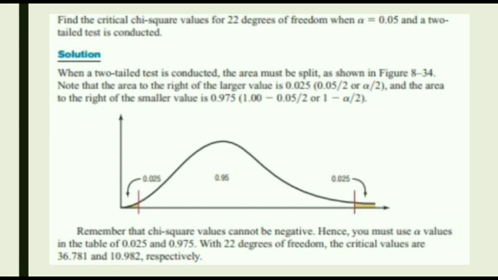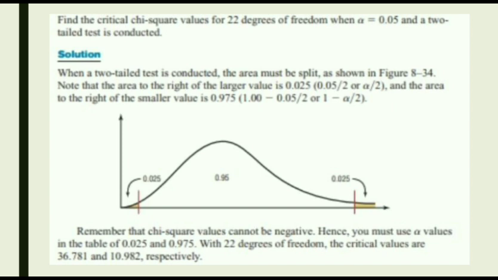So, muna siya ang when a two-tailed test is conducted, the area must be split as shown in figure. Muna siya. Note that the area to the right of the larger value is 0.025, 0.05 divided by 2 or alpha divided by 2. And the area to the right of the smaller value is 0.975, 1 minus 0.05 divided 2 or 1 minus alpha divided by 2. Muna siya ang came up niya nga